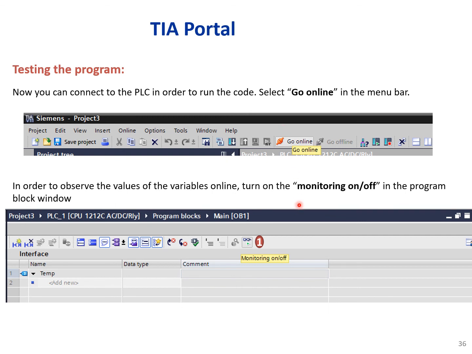Now your program is downloaded on the PLC, and the PLC is ready for taking actions similar to your program. So if you wish to see what's going on in your PLC, you need to go online. Okay, you want to monitor your PLC. So click on go online,